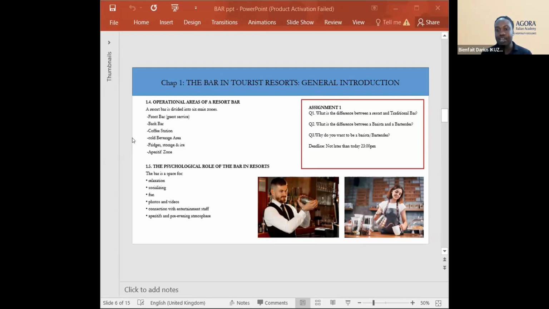So what does this mean actually? It means that the place has to be clean, first of all. It means that the place has to be well managed. It has to be a welcoming place, a welcoming environment. So we bartenders as well as baristas are the ones to make this happen. We are the ones to make this place look relaxed. We are the ones to make this place look like a fun place.